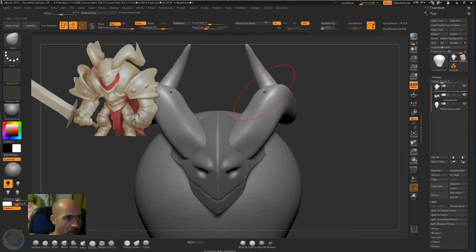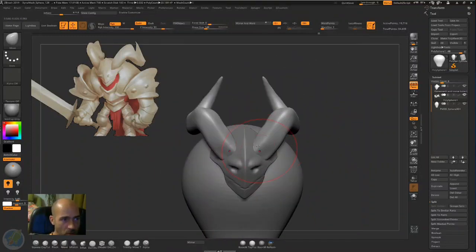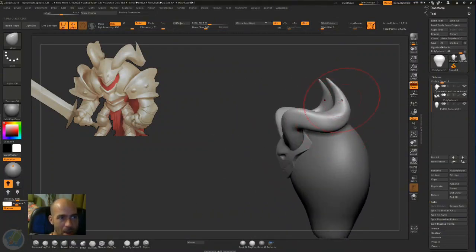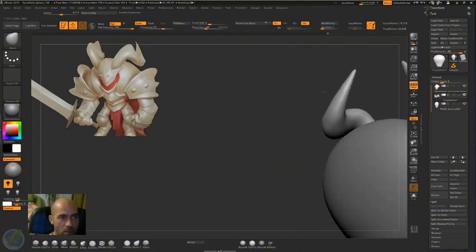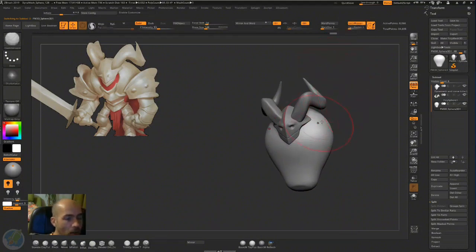So now I think you understand how to move one subtool, how to move a couple of subtools at the same time, or at least you know the basics of this. We will do it again in the next videos, so don't be afraid if you don't get it right now. It will be explained again because this is of course a tutorial for absolute beginners, so I assume that you need to be